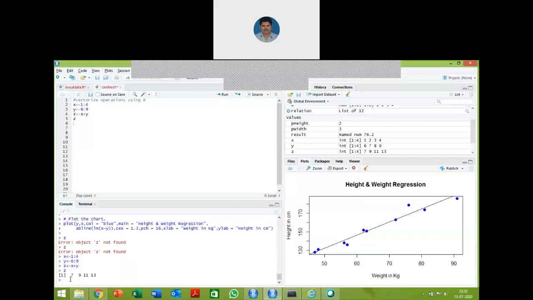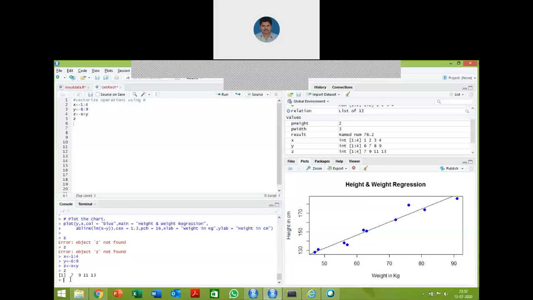So this is the addition operation you are going to perform by using two vectors. What did we do here? We created two vectors, then created another vector to store the values of vector 1 plus vector 2. Then we get the result. Next, by using vectors, we are going to perform matrix operations also.